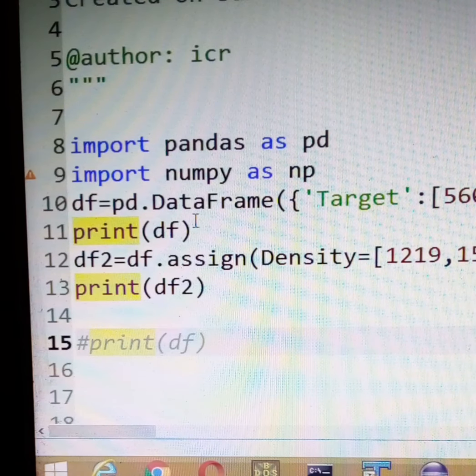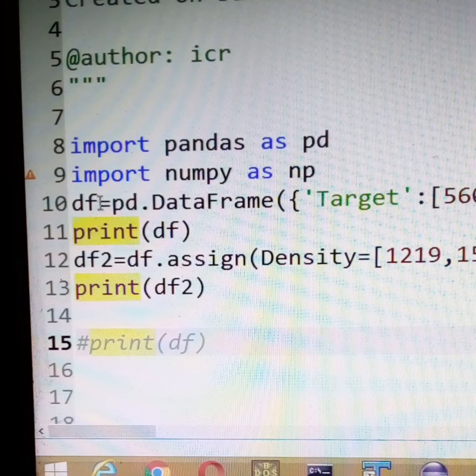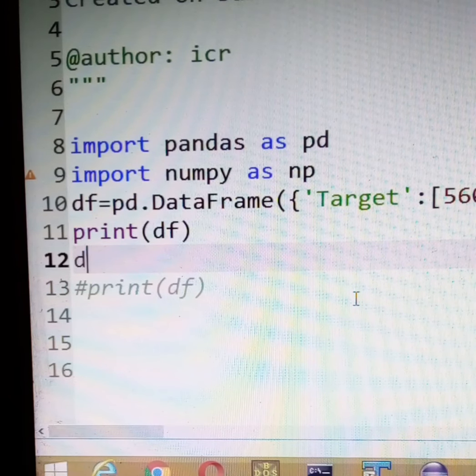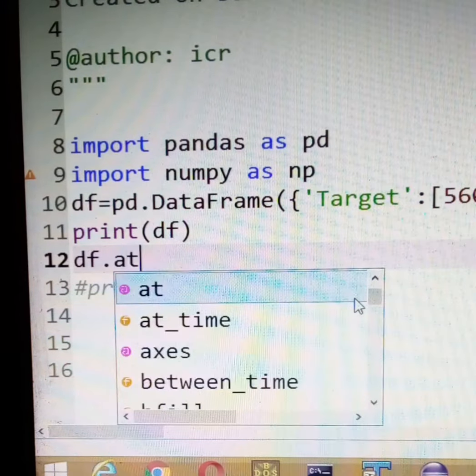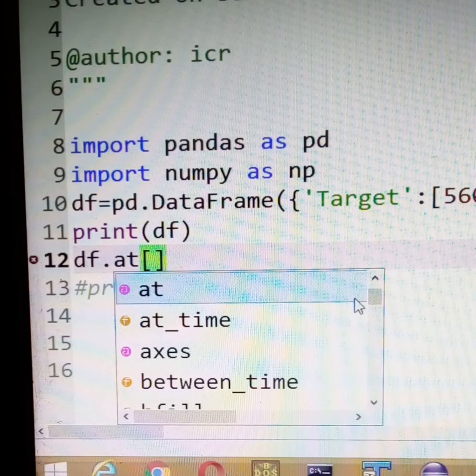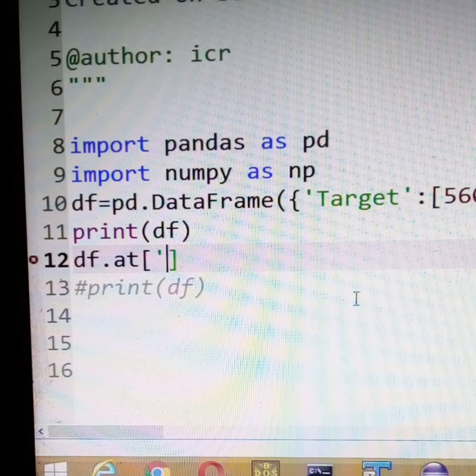Now let's look at adding or modifying a new row. If you want to add a new row, again you can use LOC or at. So if in this I want to add a new row as zone E also, we'll remove this from here. So we can write df dot at, and in order to add a new row, first of all we'll write the new row.